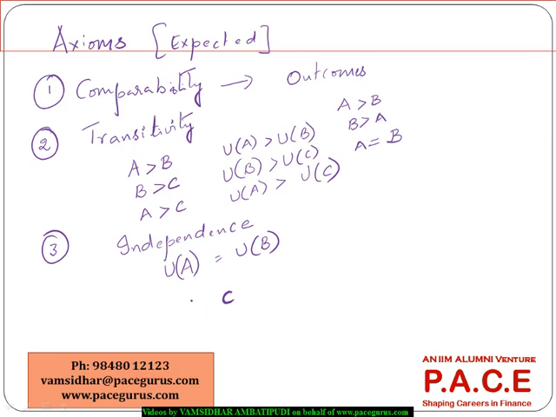Let's say there is one more opportunity which is C, then what we are saying is the investor will be really indifferent between this and this and this and this, either this and this or this and this, provided C is a kind of independent event. Let's say